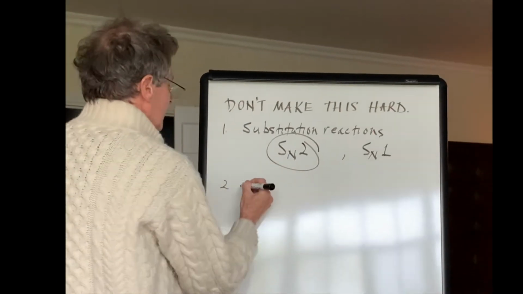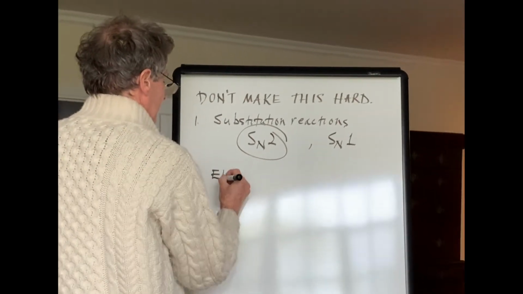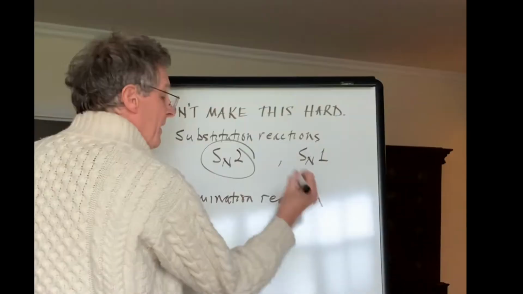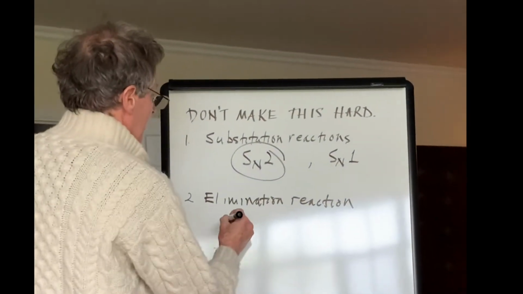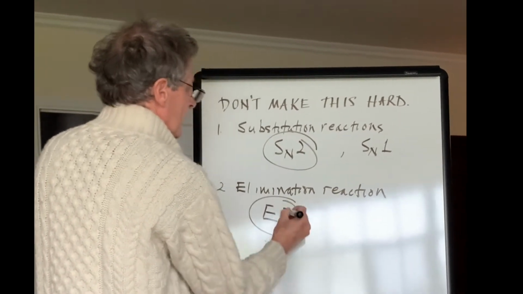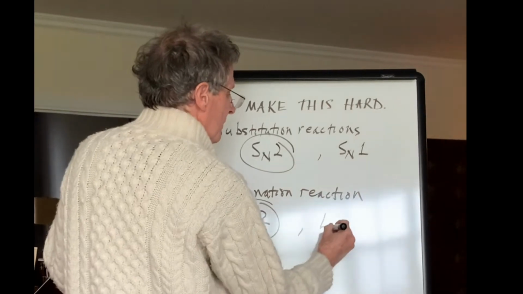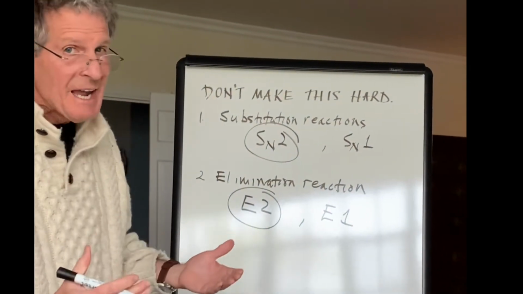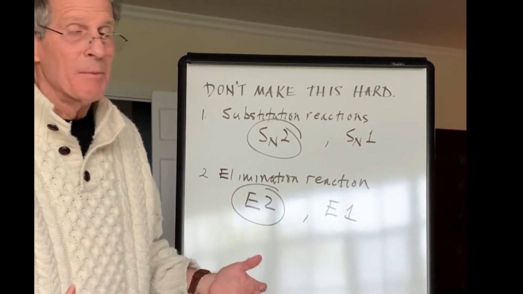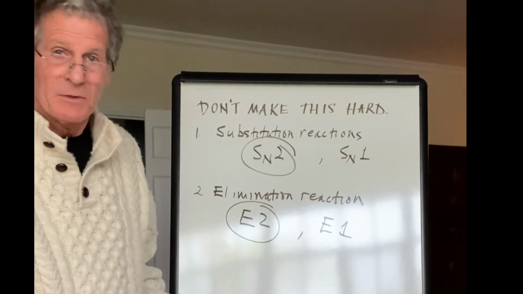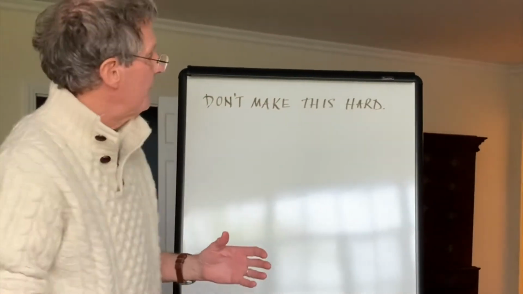And there are also elimination reactions. Elimination reactions. There are 2 types. A good one is called E2. And there's also E1, which is also, like SN1, chaotic. So they're not so good. They happen by accident, but not by design. And so we're going to just focus on the smart ones. Now, on this idea of the